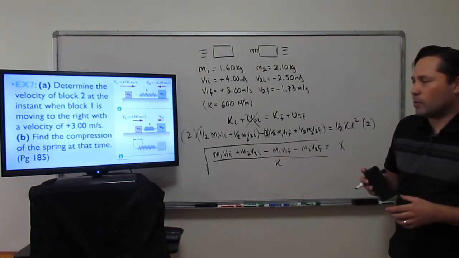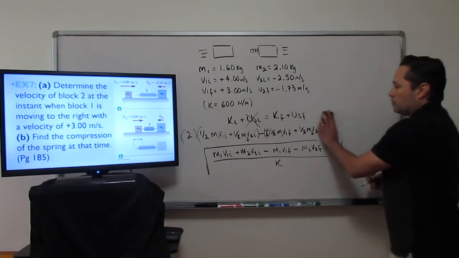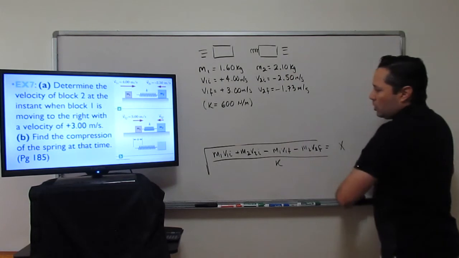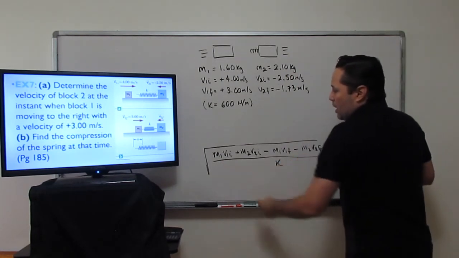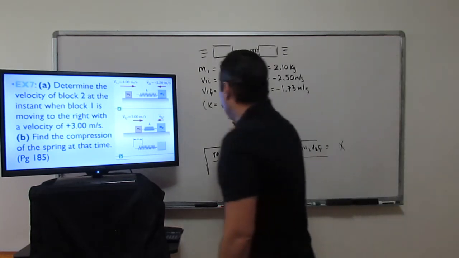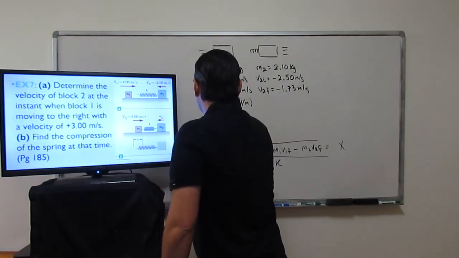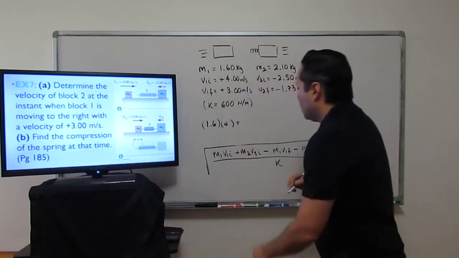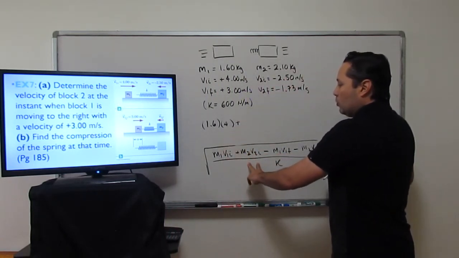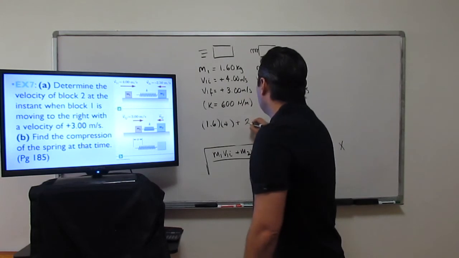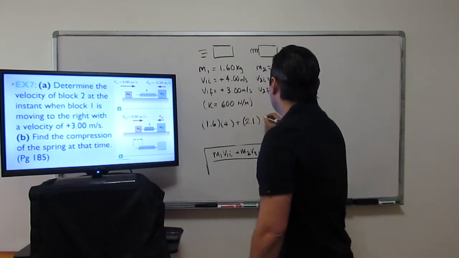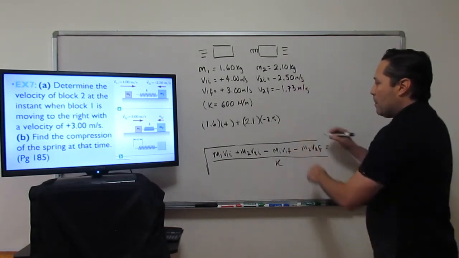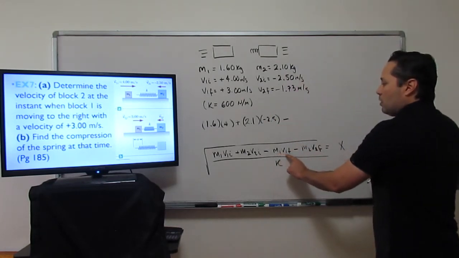I'm going to begin to substitute all the values in. I'll leave the formula here, then I'll erase it. Alright, so let's substitute all these values in. m1 times v1, that's going to be 1.6 multiplied times 4. That's initial. m2 v2 initial, that's going to be 2.1 multiplied times negative 2.5. That's going to be minus m1 v1 final,